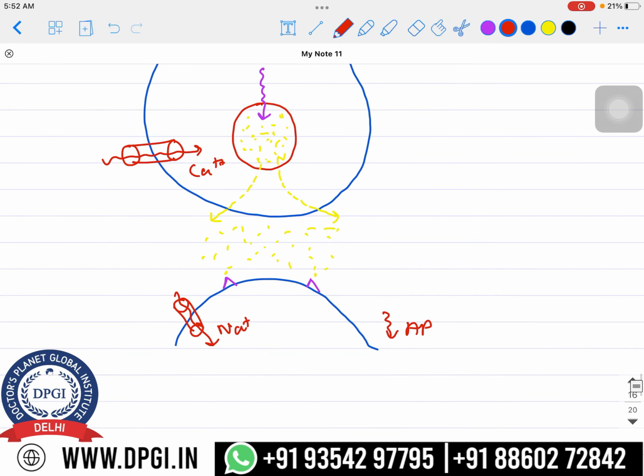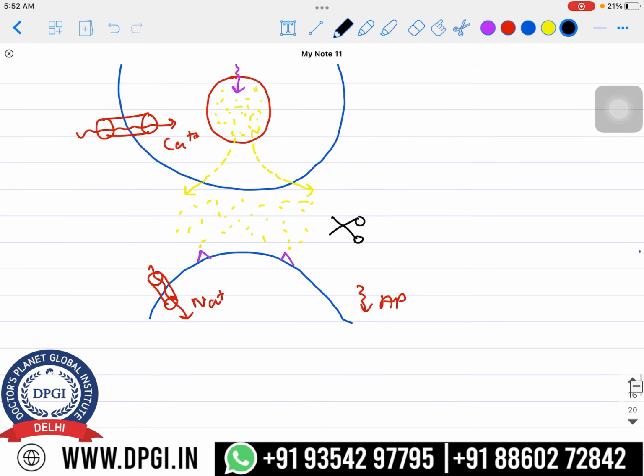Here we have a very important enzyme present. That important enzyme is acting like a scissor, and these particular scissors are cleaving down the acetylcholine, right? So as they are cleaving down the acetylcholine, let me just talk about that. Here we have an enzyme that is called acetylcholine esterase. Now what this enzyme will basically do is cleave down the acetylcholine. As you know, in the synaptic gap we have acetylcholine over here.